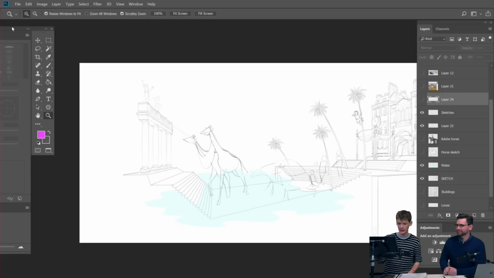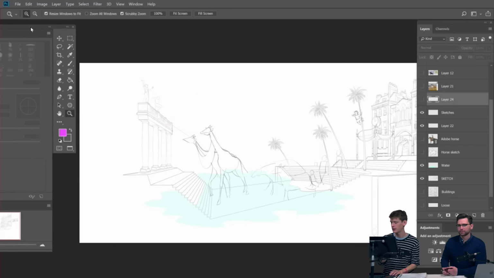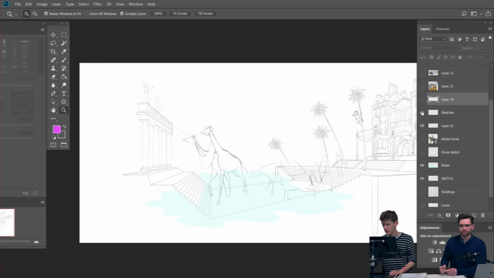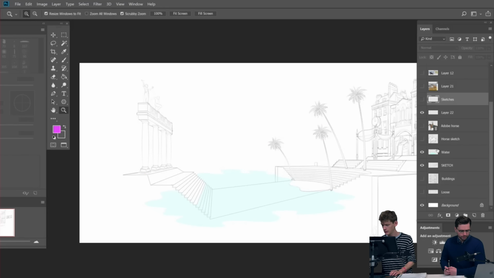So always trying to keep that in mind. Some people will use the Navigator tool, which you can see down the bottom here, and that'll always give you an overview. Some people will duplicate the window and have that on the side. That's also a good way of doing it. But I'm just always zooming in and out. Yeah, scrubby zoom. Cool. All right. So let's get rid of those sketches.